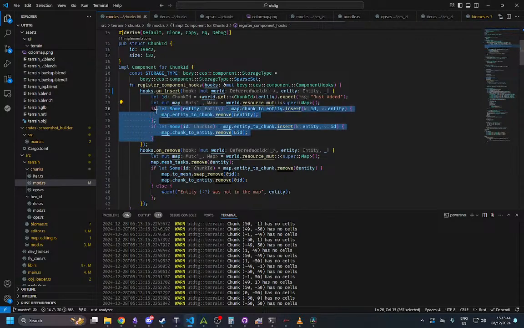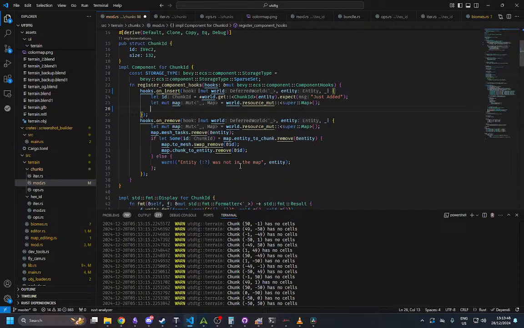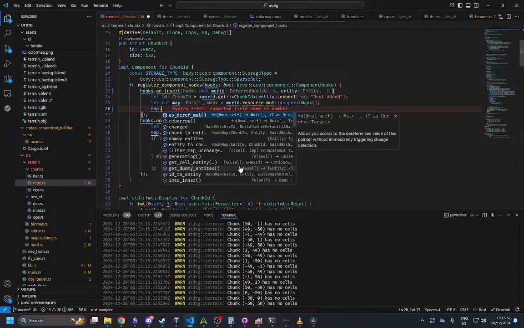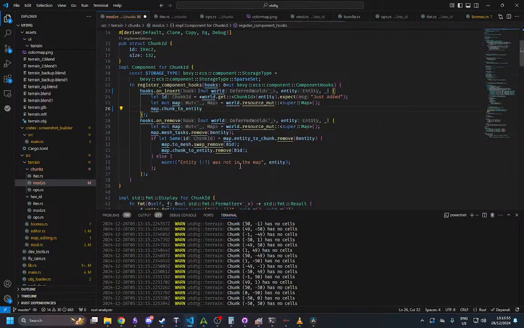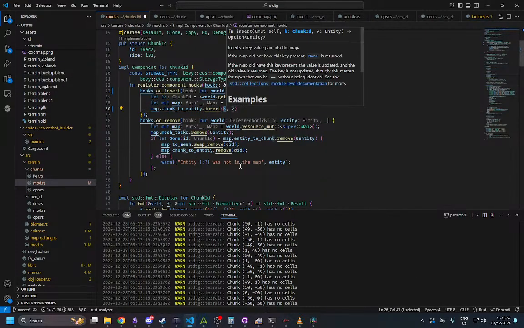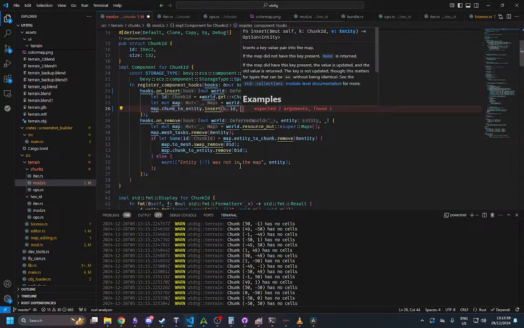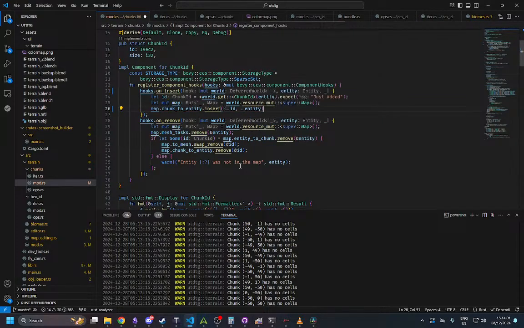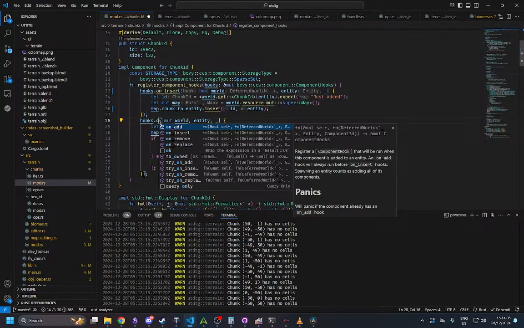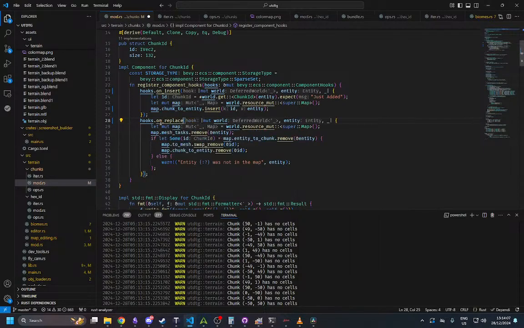And you don't need all this funky stuff. You just need to get the map, get your ID, get the map, say map dot chunk to entity dot insert ID entity. That's all you do,